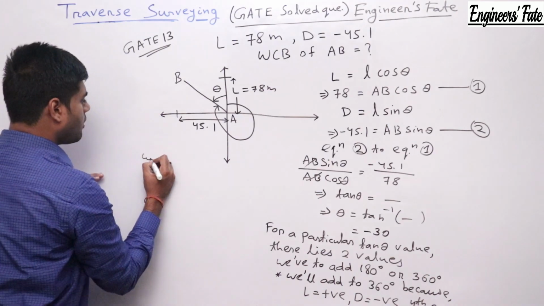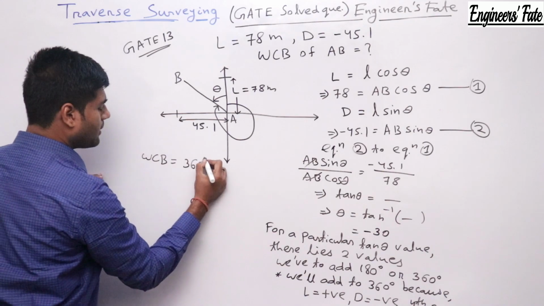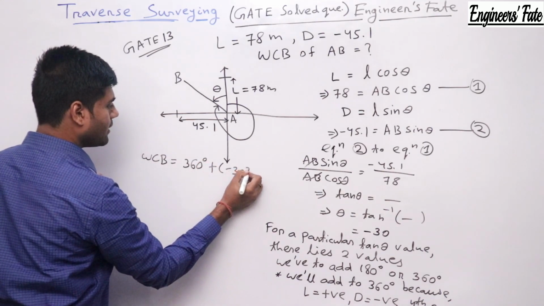So the value of WCB can be 360 degree minus 30 degree,